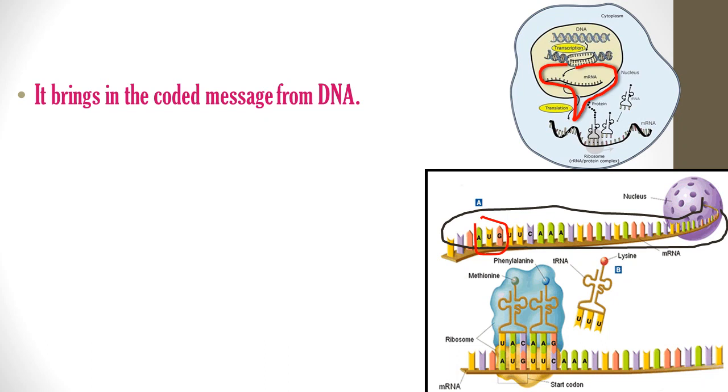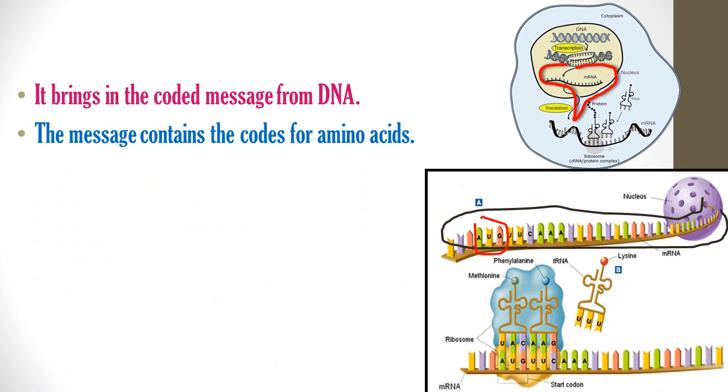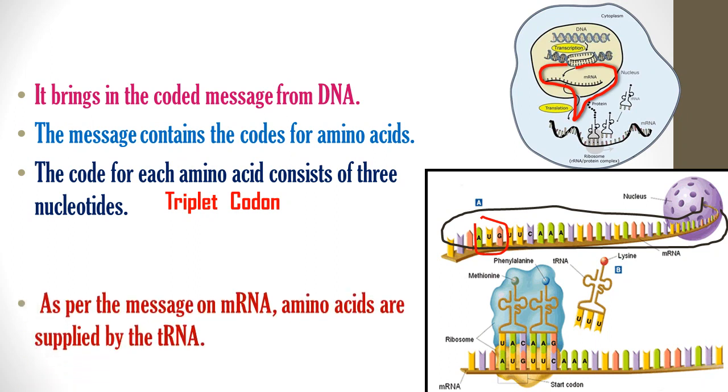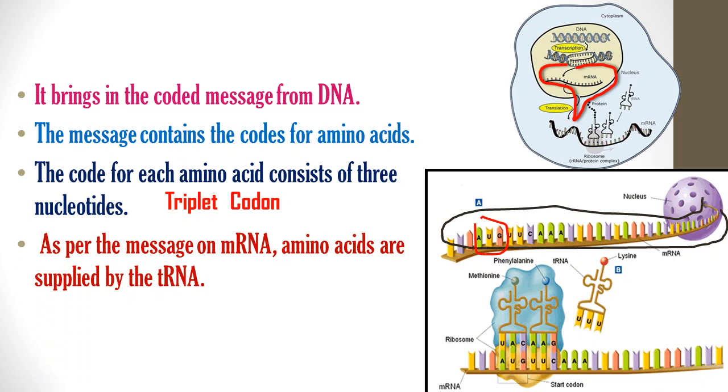Okay, so the message contains a code for an amino acid, and the code for each amino acid consists of 3 nucleotides, and it is called a triplet codon. So basically the triplet codon provides the information about which amino acid is required to form a particular protein. And each messenger RNA is made up of thousands of triplet codons, and as per the message, now message means